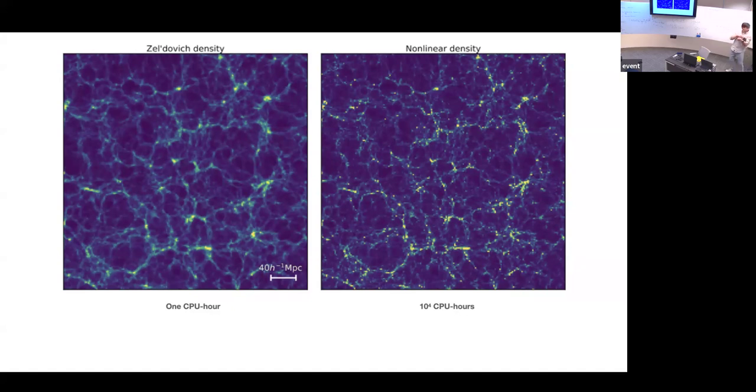And so this is why the structures here look fuzzier than in the real universe, because particles can't ever turn around. There's no gravitational attraction, they're just going straight. In the real universe, not only do you have gravitational attraction, the closer you are, the stronger it will be, and so you can actually have orbital effects, scatterings, things like that. So this is something that is not contained in LPT at all, because LPT relies on this expression that will just break as soon as this Jacobian becomes singular.